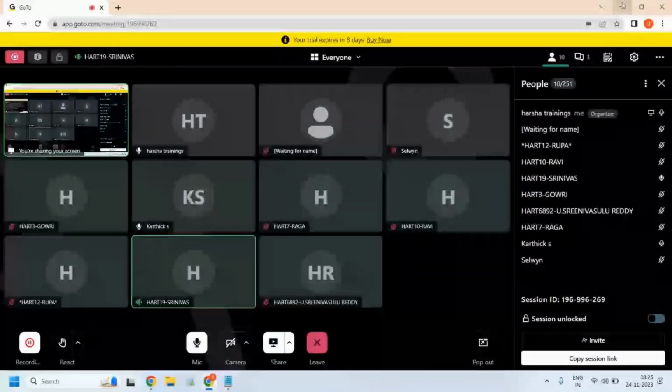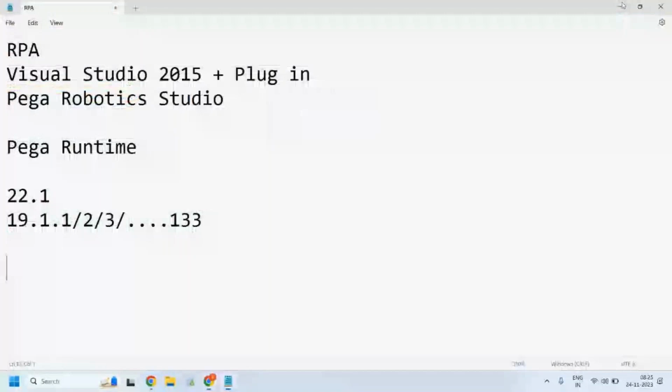Okay. Versions in community, the latest version is 22.1, whereas most of the organizations are still using the 19.1 version only.